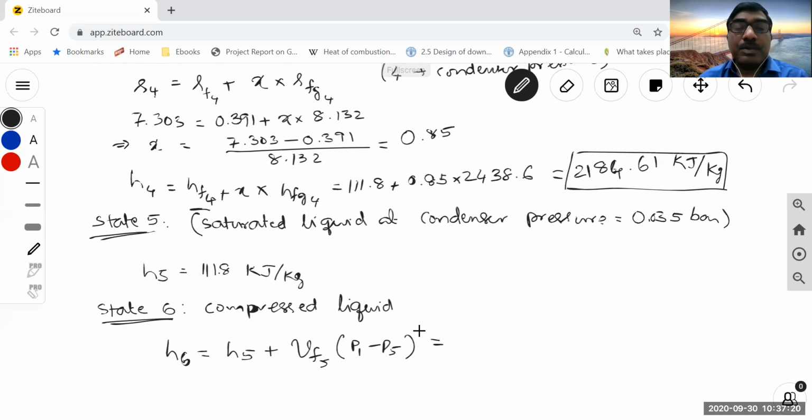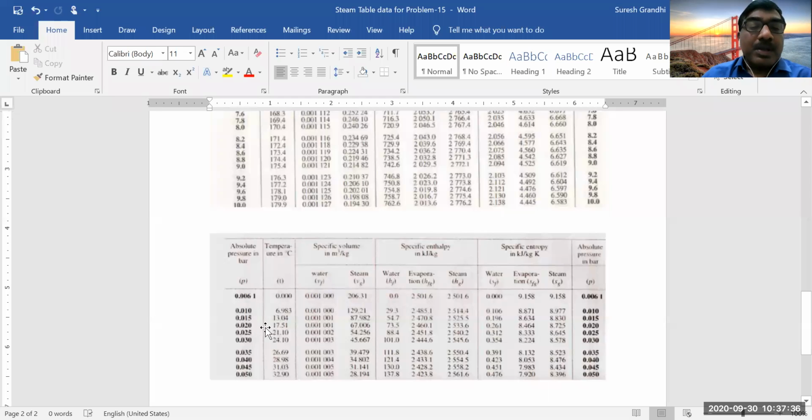So H5 is this one only, 111.8 plus this is the specific volume of liquid at condenser pressure. We will go to the table then. Specific volume of liquid at 0.035 bar. Specific volume is vf,